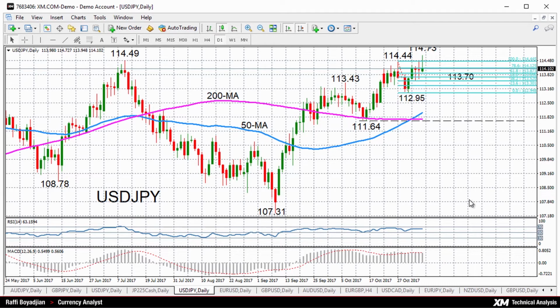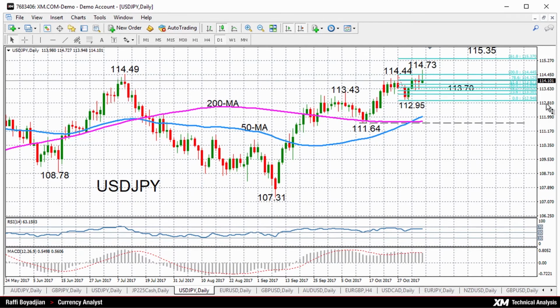Today we're going to be looking at the dollar yen, the euro dollar, the pound dollar, and the Aussie dollar pairs. So let's start first with dollar yen. We can see here that there is some strong upside momentum in the short term. RSI is close to 70, although it hasn't quite reached overbought levels, suggesting there is scope for additional gains in